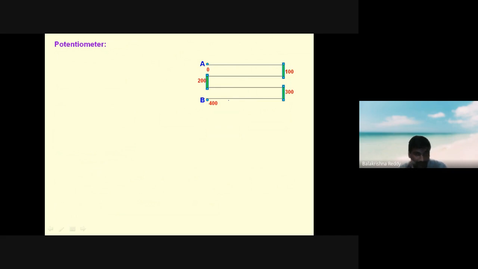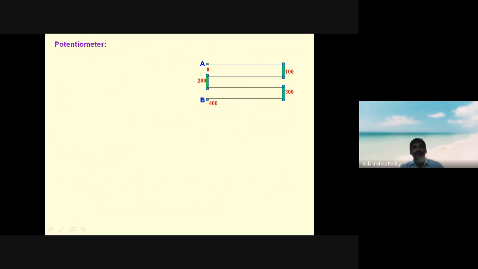If you want better results, good accuracy, you can use 10 wires also. If you use a 10-wire potentiometer, it is much better to get the result very easily. Most people felt difficulty in the experimentation of the potentiometer. It is not the difficulty in doing, it is the difficulty in setting only in this experiment. That is the most important.